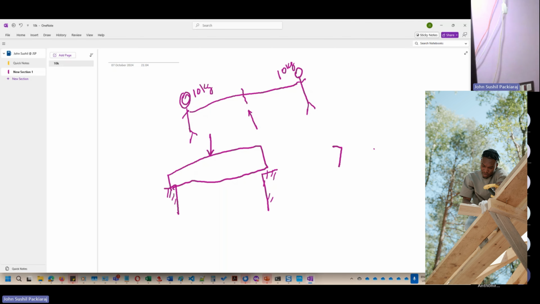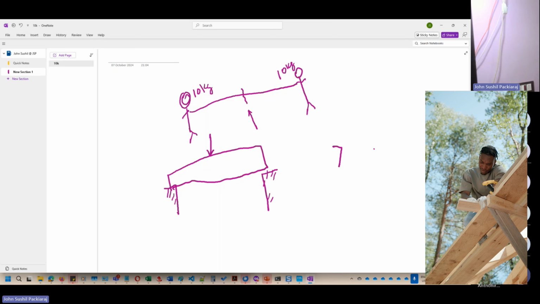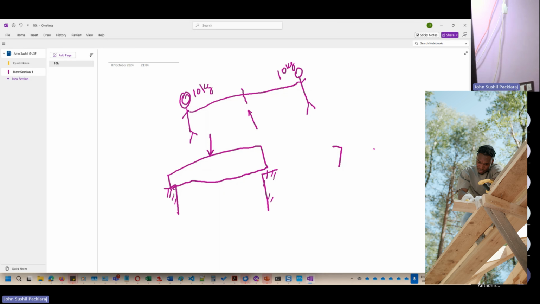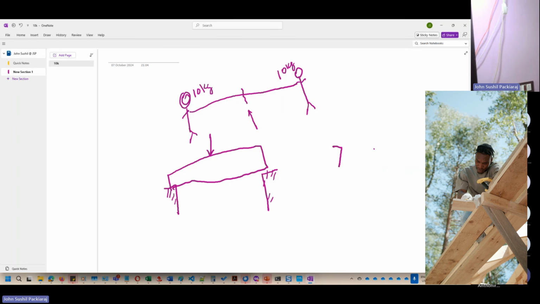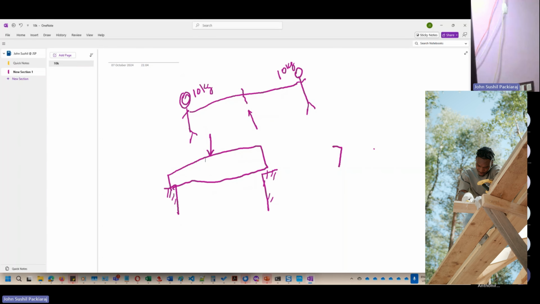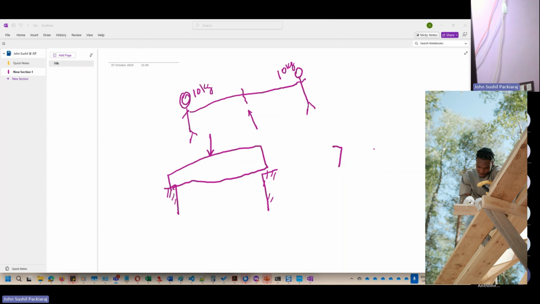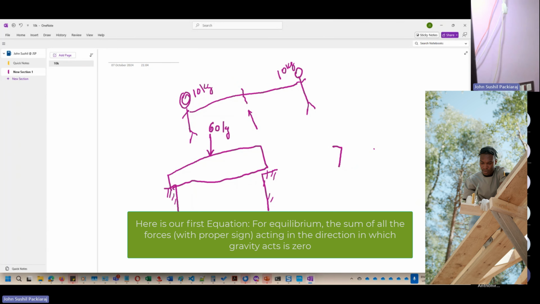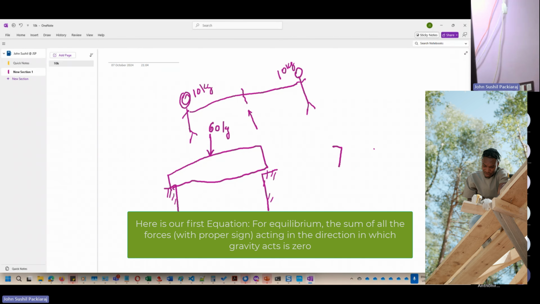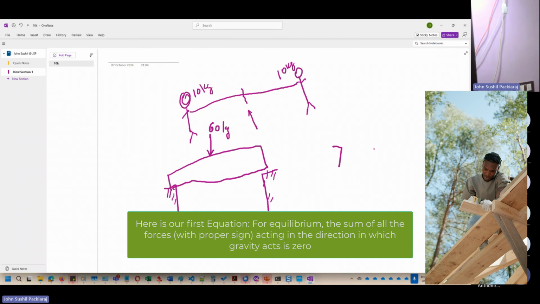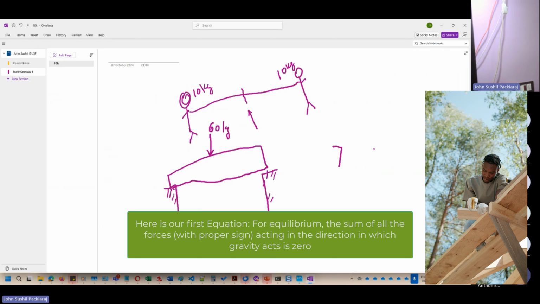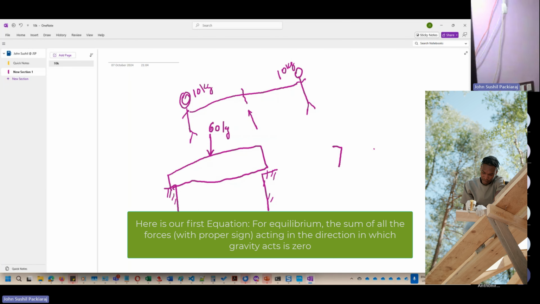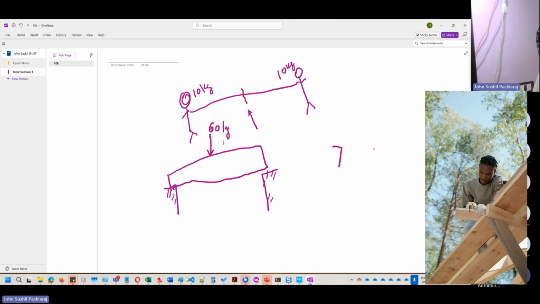So suppose a person is going to stand over here. They are essentially giving a weight. Suppose the person is 60 kilograms, and let us say that that person is standing right at the middle of the bridge, or this plank, and you're going to make sure that the plank is going to take the load. This is what we see in all the bridges or other places.